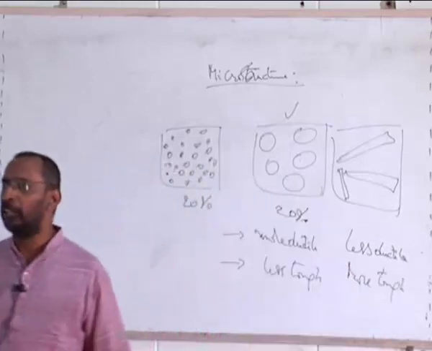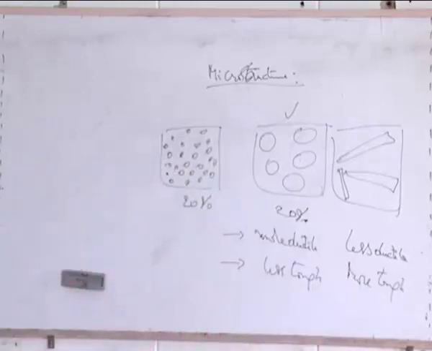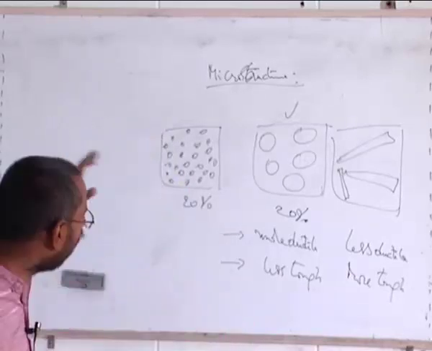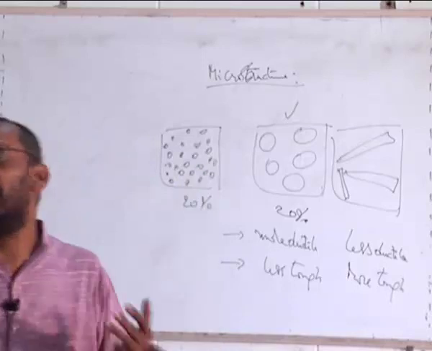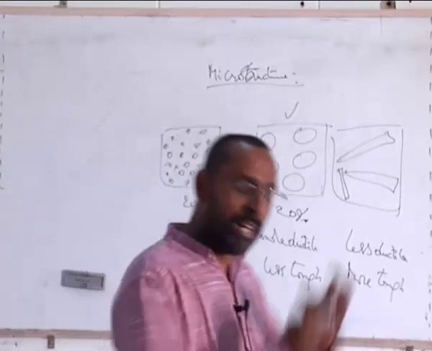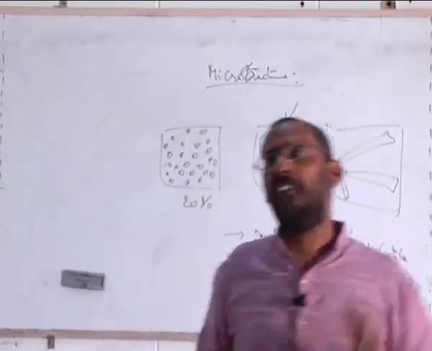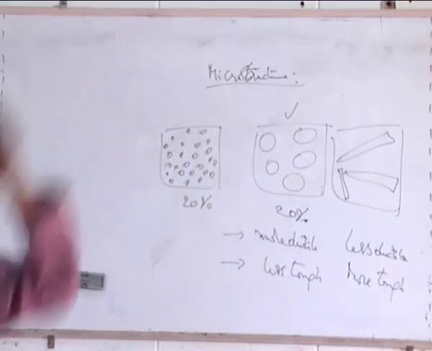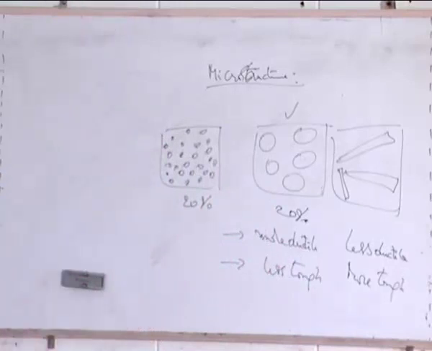Again, I am deviating you from actual microstructure, but we need to appreciate all this. Why I should put a sample under a microscope should be clear to me. Why I should put a sample under the microscope is because of this. Because all these things will influence the property. So I need to know how much of second phase is there, what is the shape of it, what is the size of it. All these should be understood so that I can understand the properties. By looking at the microstructure, I should be able to tell the properties.